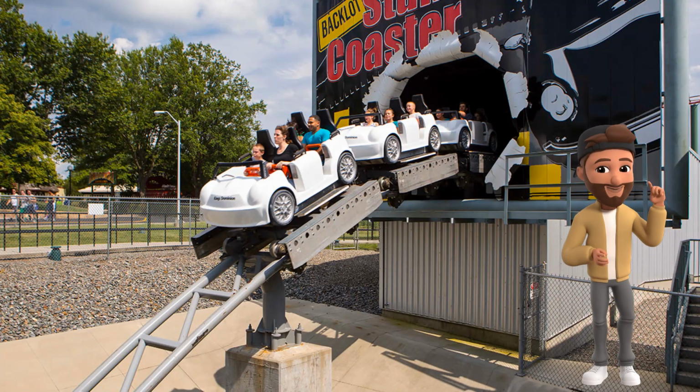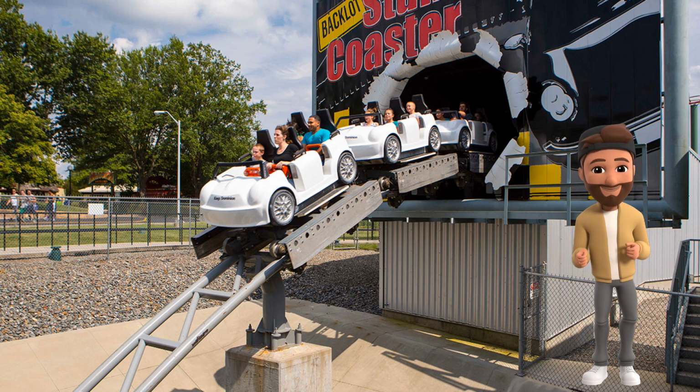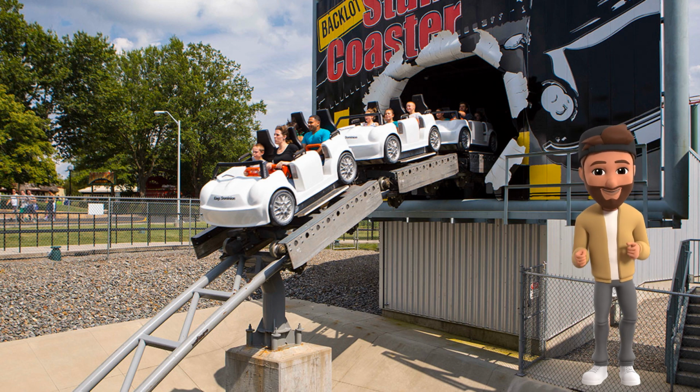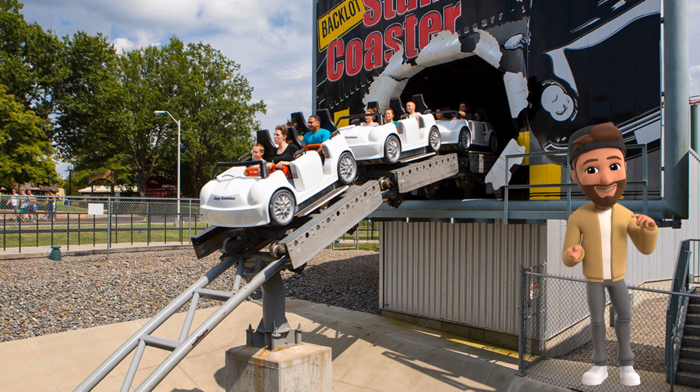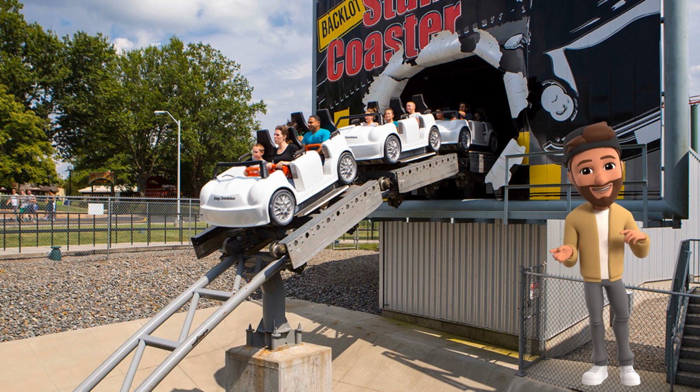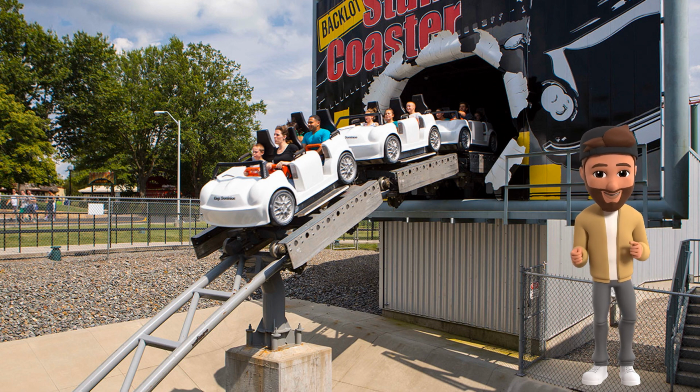Backlot Stunt Coaster. Backlot Stunt Coaster ride is a state-of-the-art linear induction motor launch coaster that delivers a no-holds-barred, high-speed experience like none you've ever experienced before. Your stunt driving training begins with an unheard-of acceleration of 0 to 40 miles per hour in, wait for it,